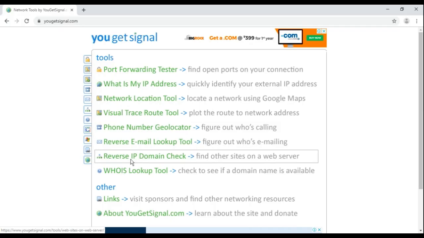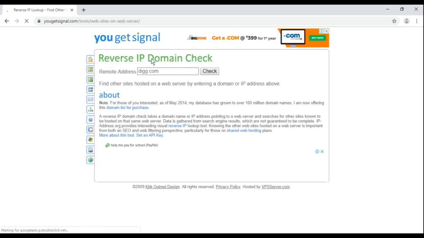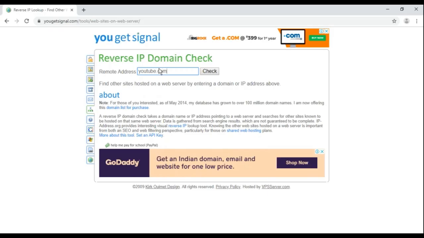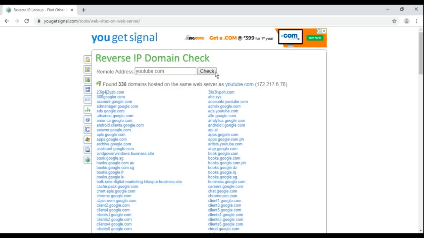The option we are interested in is this one, which says reverse IP domain check, to find other websites on a web server. So let's open this link and type our target website URL, which is youtube.com. Click on check, and now this website has provided a list of around 336 domains